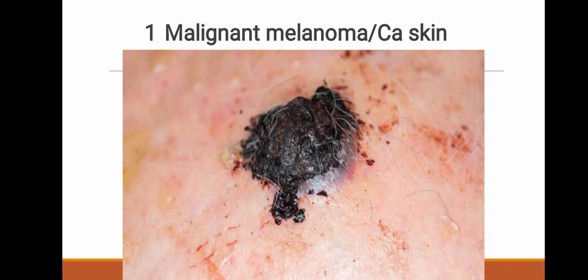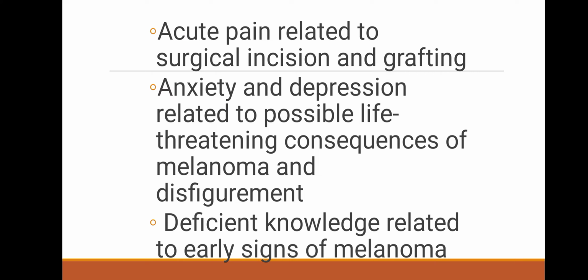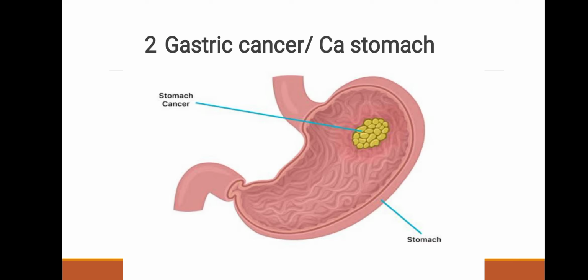Malignant melanoma or CA skin. The most serious type of skin cancer. Melanoma occurs when the pigment producing cells that give color to the skin become cancerous. Nursing diagnoses are acute pain related to surgical incision and grafting, anxiety and depression related to possible life threatening consequences of melanoma and disfigurement,